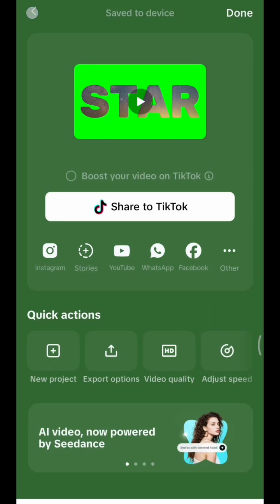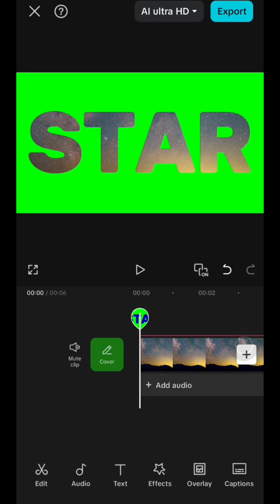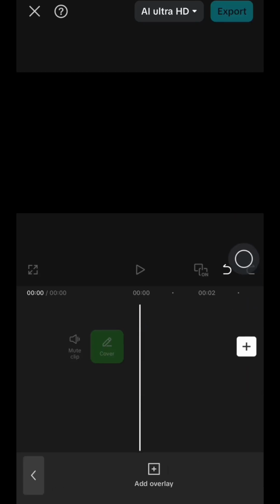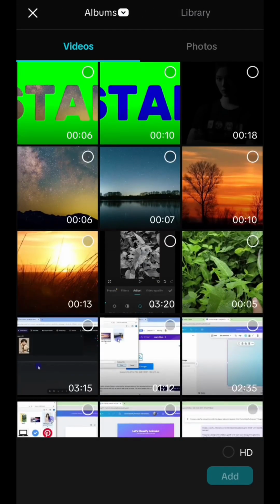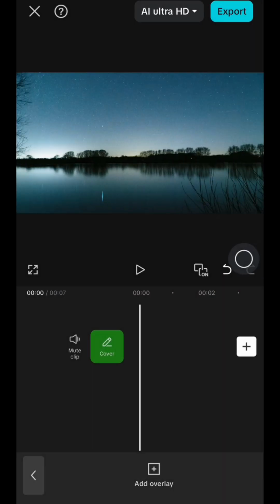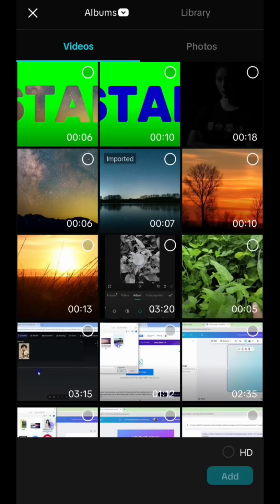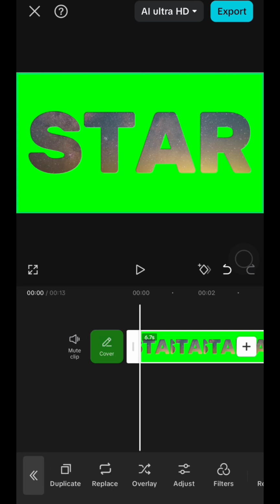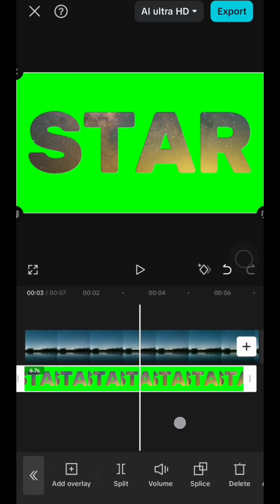and go back to your project again. Remove the text clips and your video, and then import a new video again, and then import the clip you just exported. Make it as an overlay, like this,